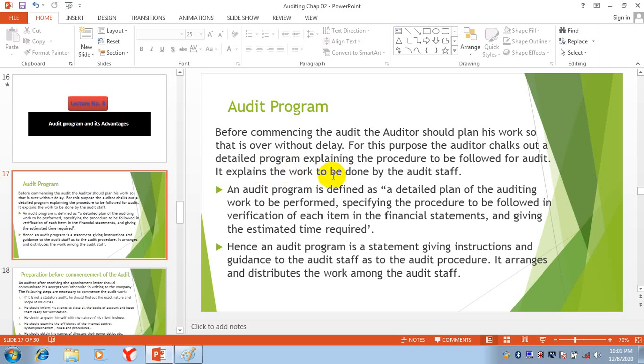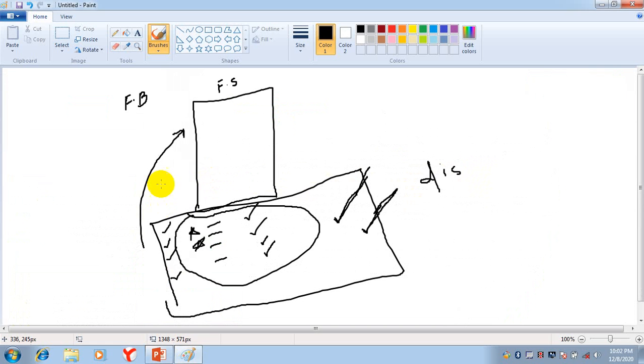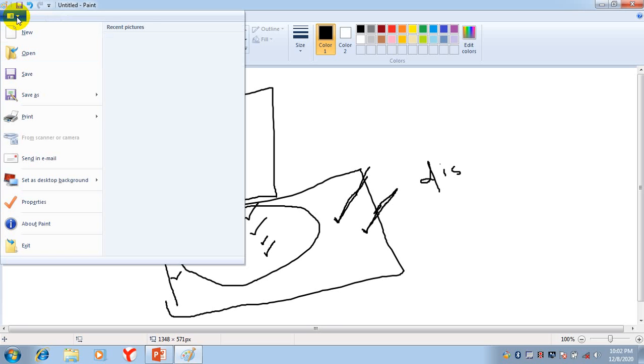It explains the work to be done by the audit staff, and in this procedure there will be the work of each and every audit staff member: you will do this thing, you will do this thing, and you will do this thing.